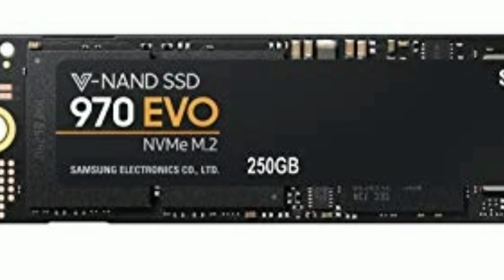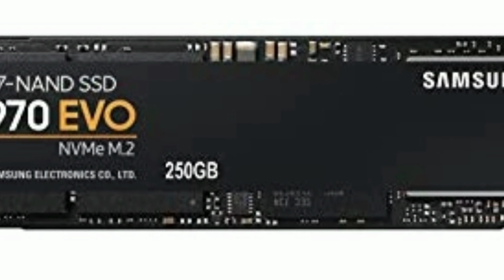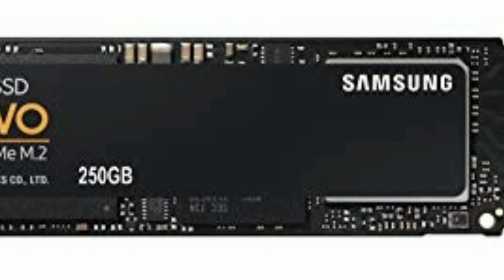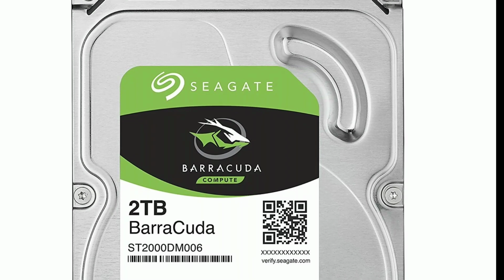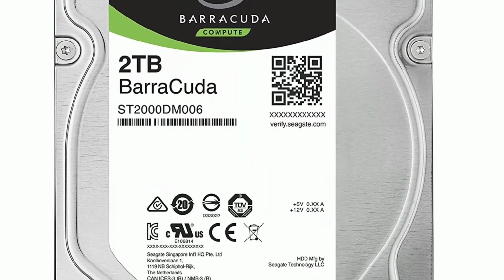For storage, I went with a separate boot and mass storage drive. To boot off, I went with the $87 Samsung 970 EVO 250GB. This is an NVMe SSD, which means that it will boot up your OS and applications extremely quickly. The mass storage I chose was the $60 Seagate Barracuda 2TB, which is plenty for large applications such as games